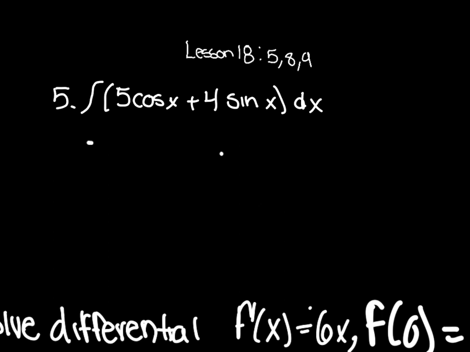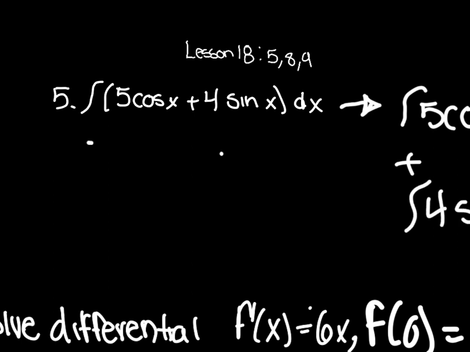So the first thing we can do here is break down this problem in this manner. We say 5 cosine of x dx plus 4 sine of x dx. And like this, it simplifies our lives a little bit more. So we know that the antiderivative of cosine is sine of x, because the derivative of sine of x is cosine of x. So we write 5 sine of x